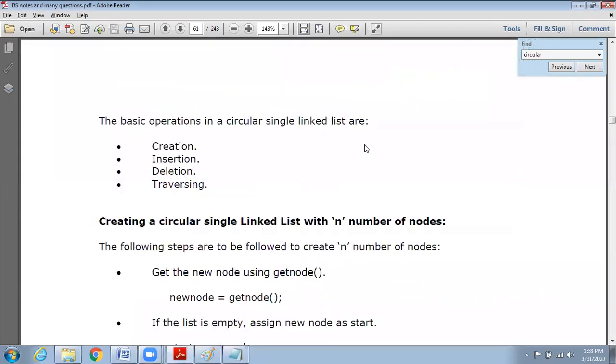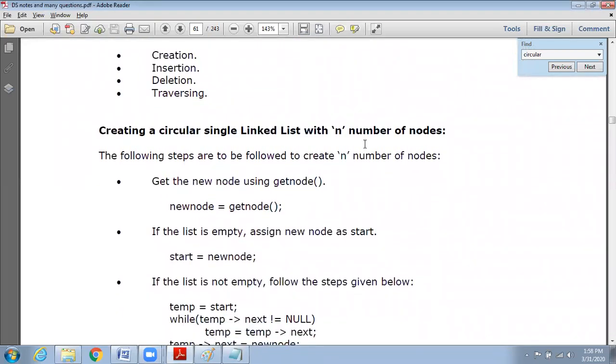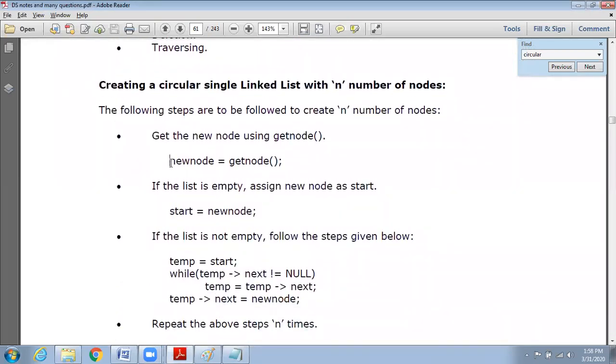First step, you have to create the list. So as usual, to create a node, what method are we calling? New node is equal to get node. Everyone can see the screen? Yes, ma'am. So new node is equal to get node. What are the programmatic lines we have seen under get node? Can anyone tell? Nitish, can you tell what we are doing under get node? Creating a new node, ma'am. Yeah, creating a new node.